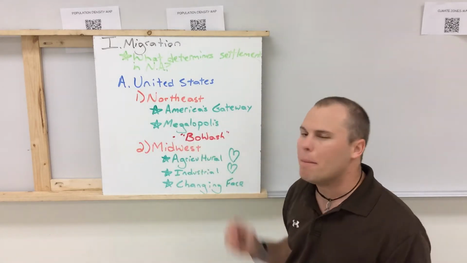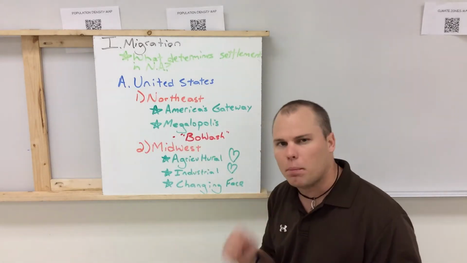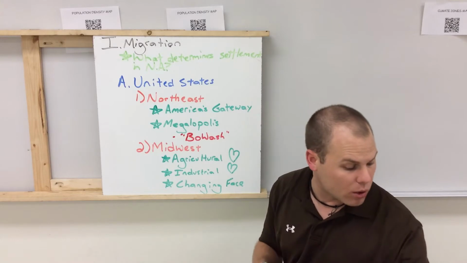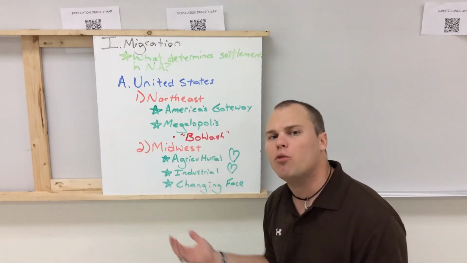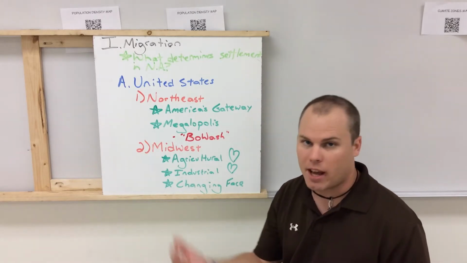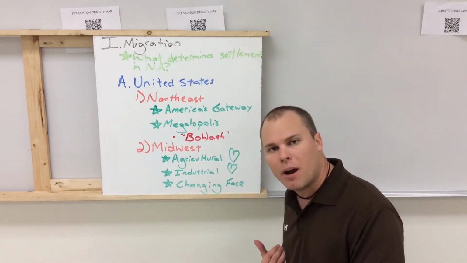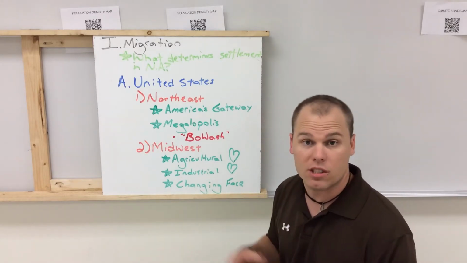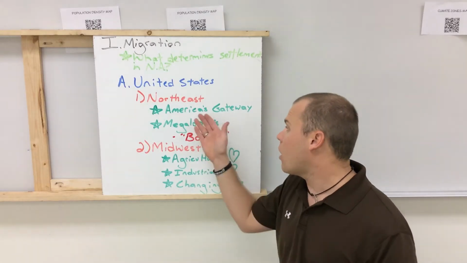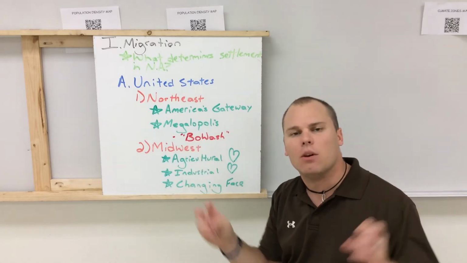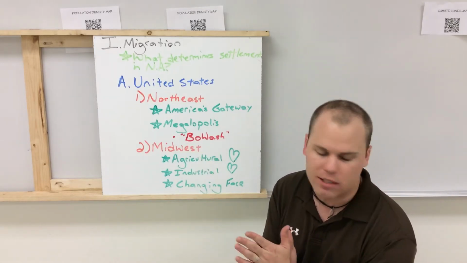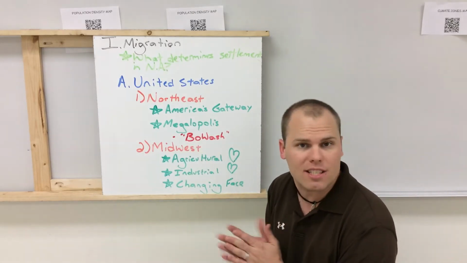This is known as America's Gateway. There's a couple of reasons. The first reason that this is known as America's Gateway is this is one of the first areas of settlement of North America whenever the Europeans came down. Now, there was settlement in the American South as well, but in regards to some of the first, this was this time period. It's also known as America's Gateway because it's the gateway for millions of immigrants during the 19th and 20th centuries